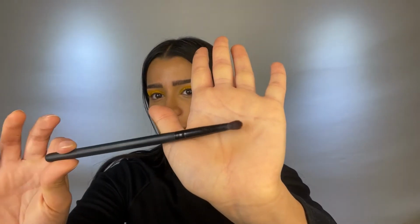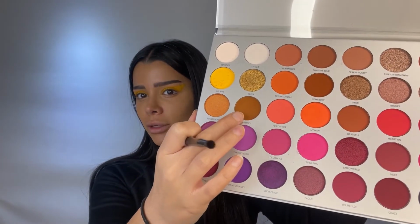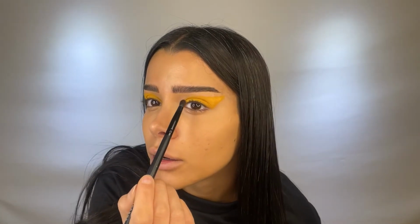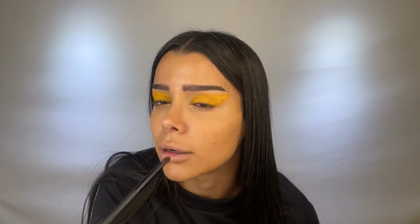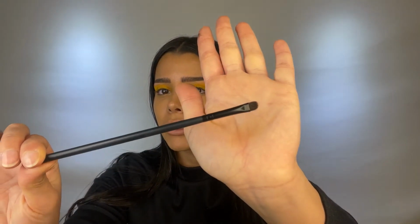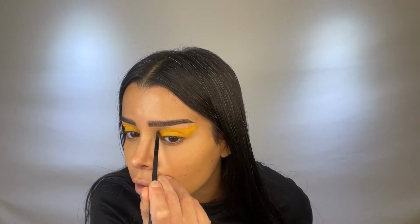So now I'm going to use this blending brush, and I'm going to use a light brown color, this one called G Money. And I'm going to place that on the inner corner right here of my eye, starting here and ending here. And I think I'm going to start with a smaller, flat brush to be more precise. And starting from the inner corner,